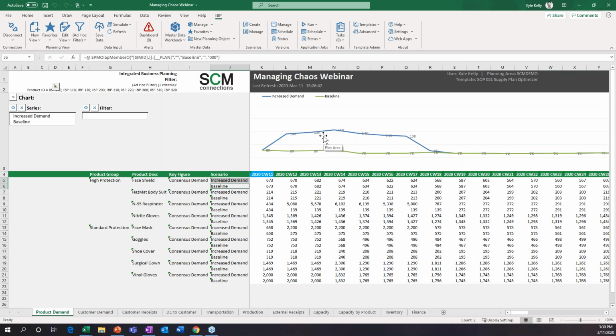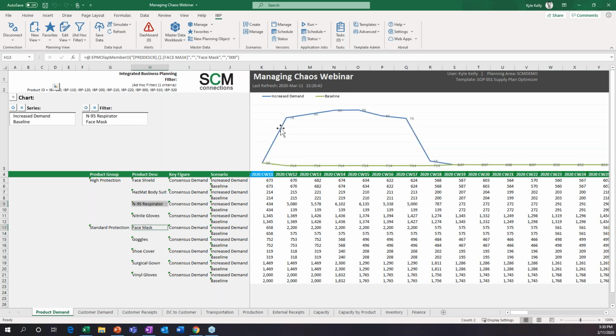Now we can really drill in and say, all right, let me see what it looks like between baseline and increased demand just for that N95 and those face masks. It's simply clicking into these areas, hitting the plus button up here, and now the filter is applied to your visual, and you can see the huge gap between our scenarios and how it's pretty much specifically geared toward the mask-type PPEs.